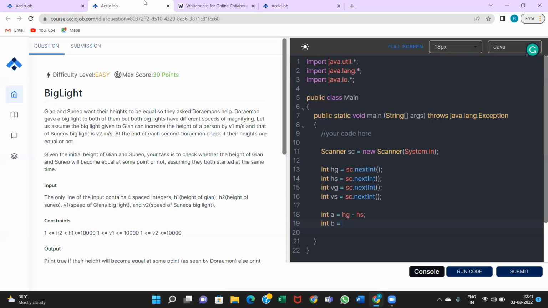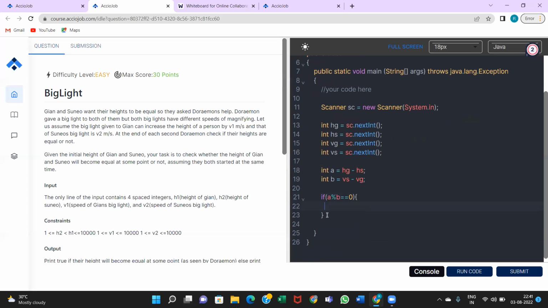Make sure you are not messing this up. Then you'll check if a modulo b equals 0. Everyone knows what modulo does? Modulo returns the remainder, right? Otherwise, if this is the case, what we will do is